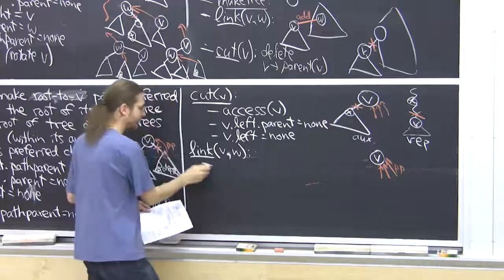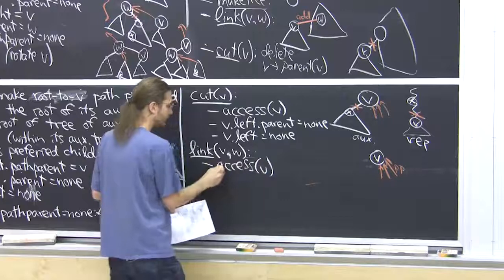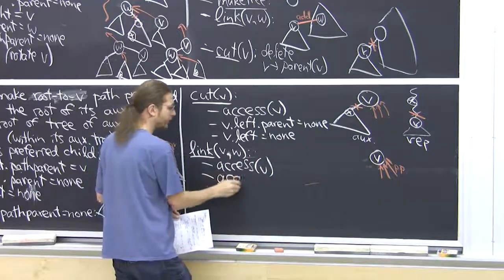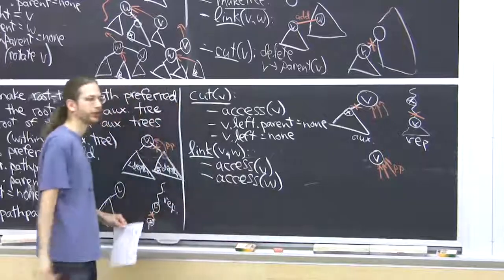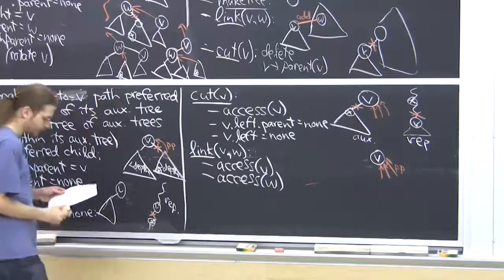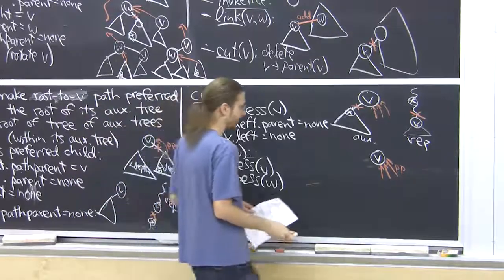How about a link? Well, first thing we do in a link is access v and access w. These don't interfere with each other because the precondition is that v and w are in different trees of aux trees. They're in different represented trees. So they're completely independent. The result will be that we have